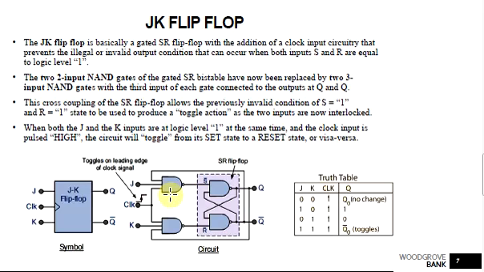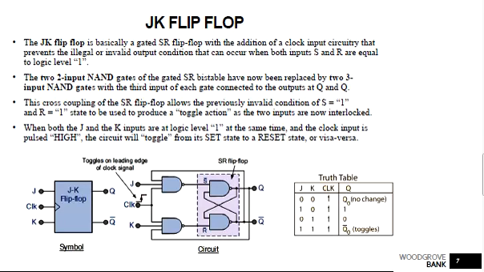where the third input of each gate is connected to the output. Here, that corresponds to the J input: the third input is connected to the Q bar output. For the second one, which corresponds to the K input NAND gate, the third input is given to Q. So this cross coupling is given, so there is a feedback,